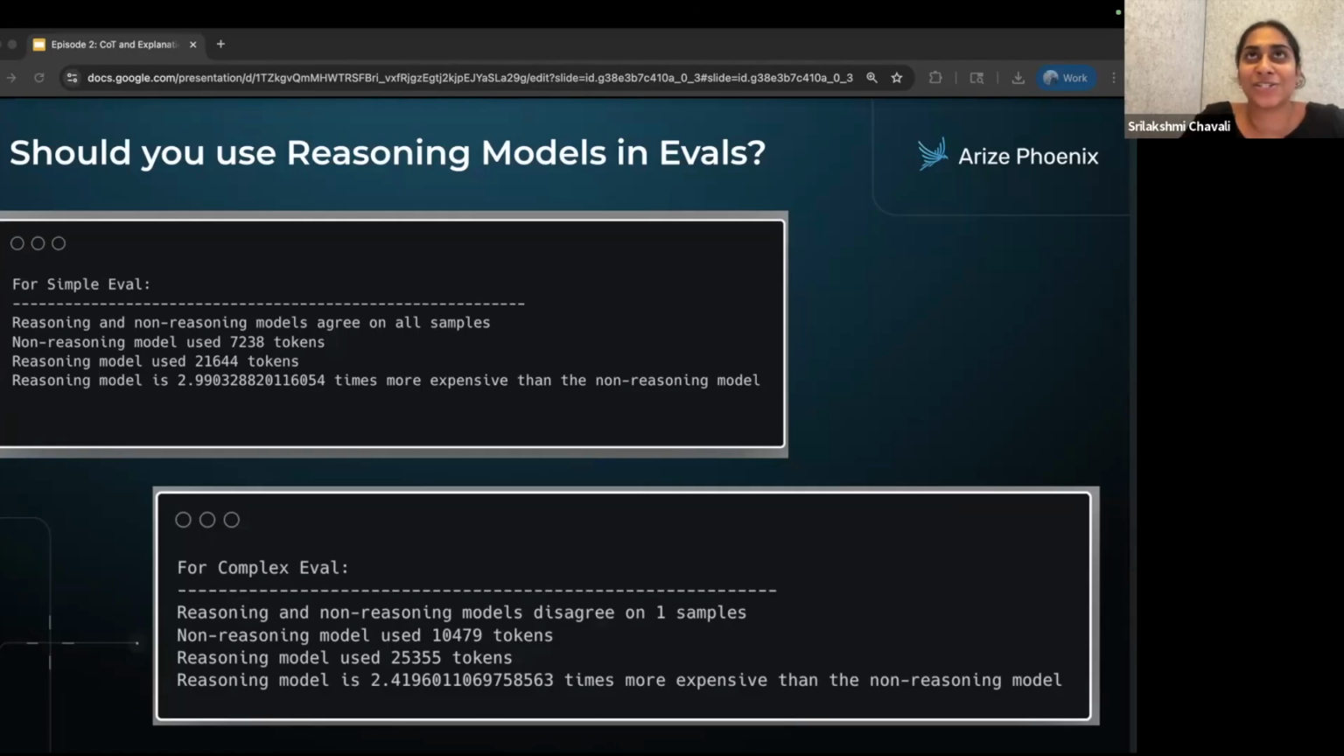So I think that kind of goes to show an example of a task that is simple, like it's not worth it to use your reasoning model. And then on the bottom, that's when we pushed it a little bit harder with the more complex evaluation. And so this time,